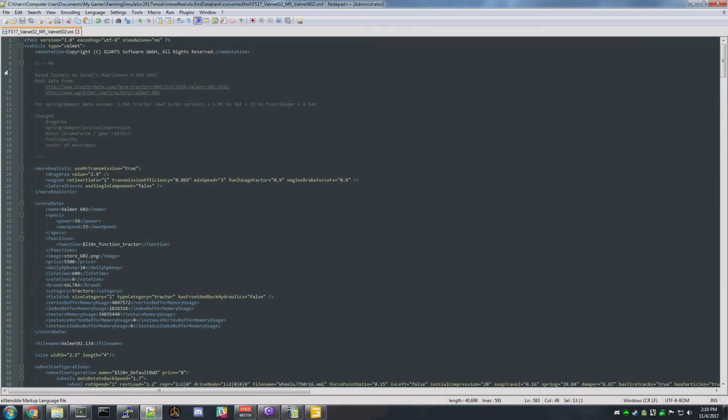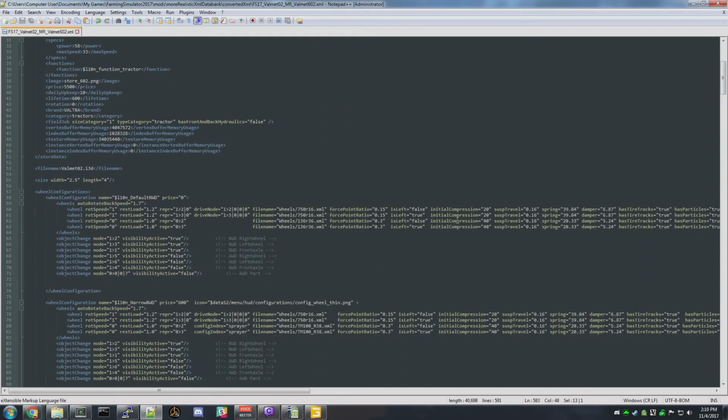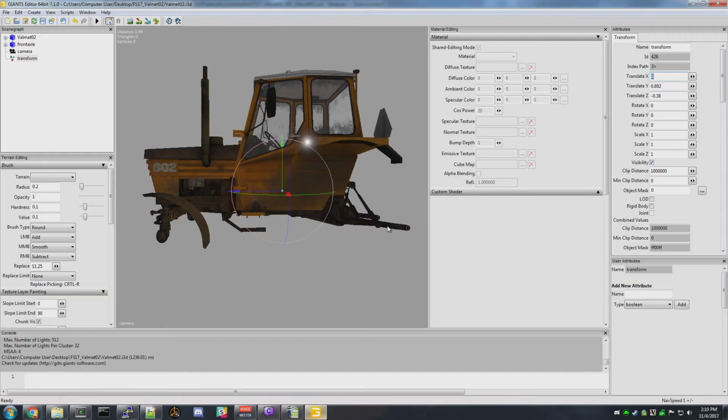Oh, I forgot to cover something. Don't go away. I'll edit this so it's seamless. We didn't fully go over the initial compression. The reason I changed that on the back axle is because once I changed the spring and damper settings, it's a little bit hard to describe, but